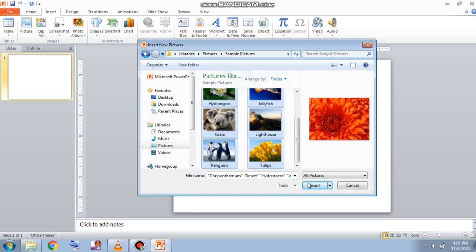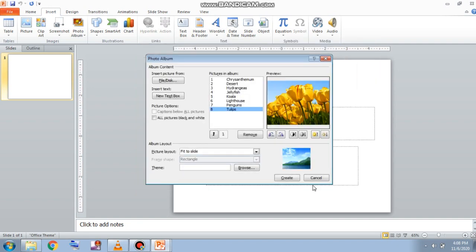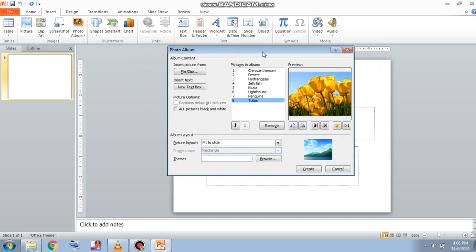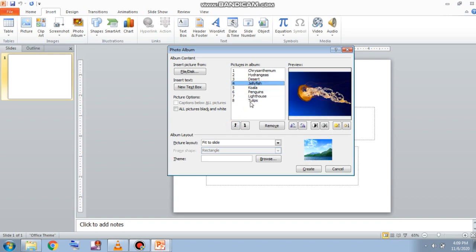And after selecting, we will click on the Insert button. Once we have clicked on Insert, we will get all these pictures in sequence and we can check which of the pictures is being inserted, either it is wrong or right. If you want to change the position of the picture, then you can click the down arrow. This picture of desert will be shifted down. And if you want to shift this picture of penguin to an upper position, then you can click on up. So like this we can change the position of the picture according to our need.